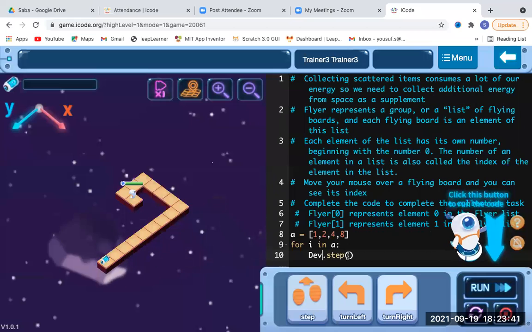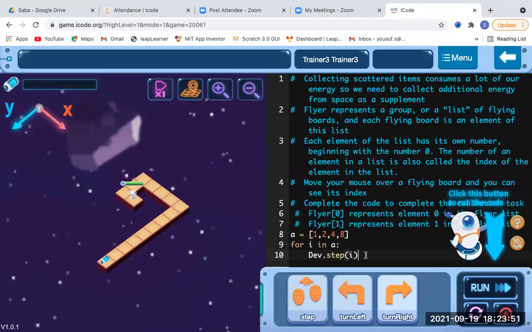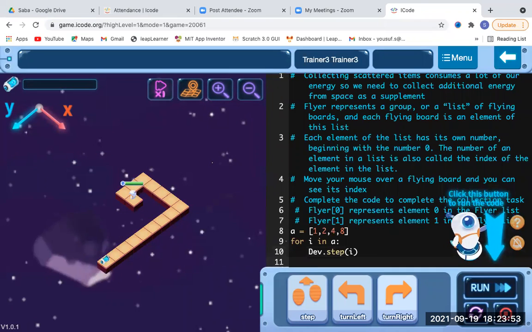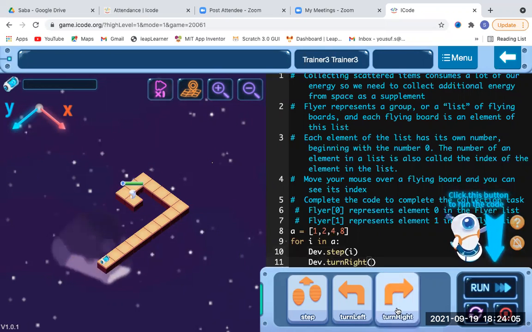Dev should go step, and it should follow i. As i is an integer for the range itself, I have given i. Then the last thing, we have to specify whether he is moving right or left, or going straight. Over here we can see he's going right, so Dev should move towards right.